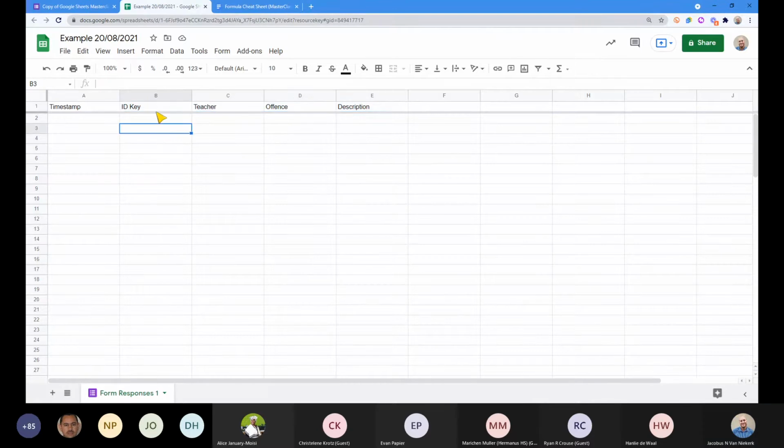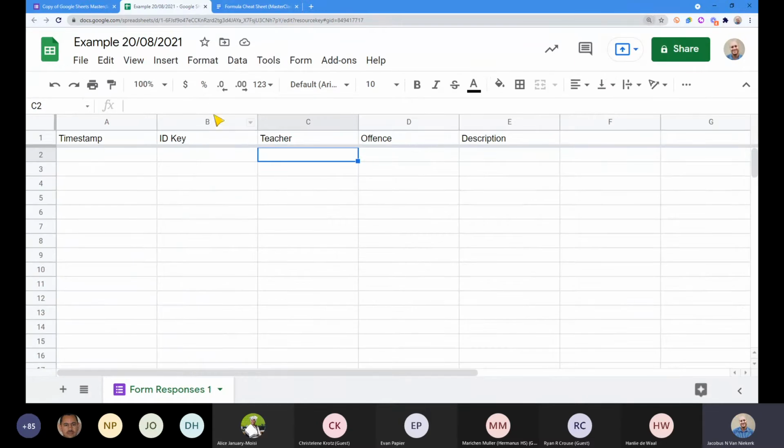That's it. Now I want you to get to this point and then just go and capture 1 or 2 and capture the form once or twice. I'm just going to type in the chat again. I see there's quite a few people who've joined us a little bit later. I hope you are able to get up to date with where we are. So in the chat, you'll see those can be the ID keys, A01, A1, all the way up to A10. So just go and capture a couple of examples so that you've got something to work with in your Google Sheet.